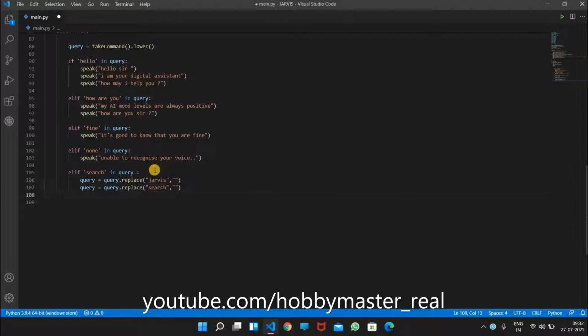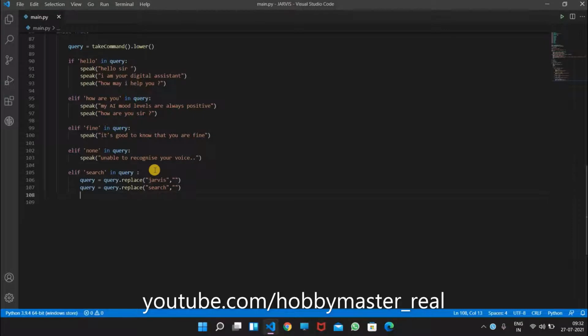These two lines mean that suppose we ask Jarvis, "Jarvis search what is Python." It will basically remove Jarvis and search from the query, and the rest will be searched